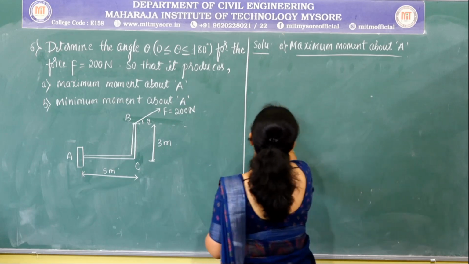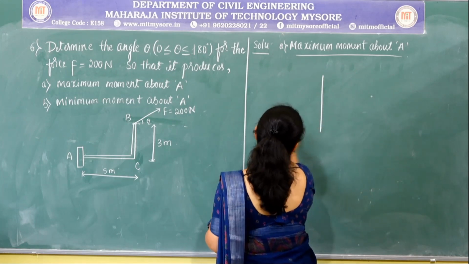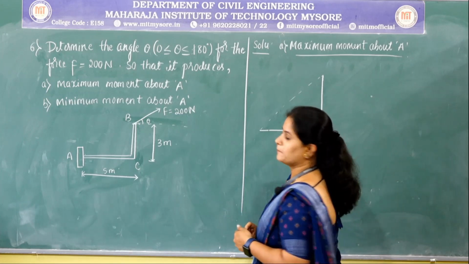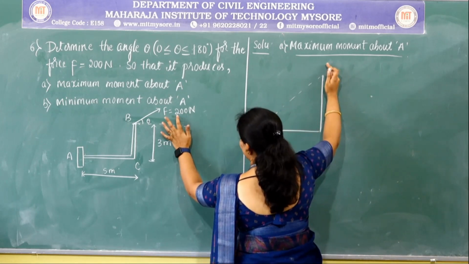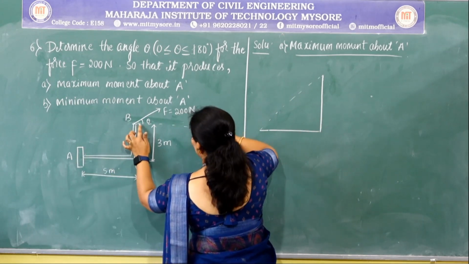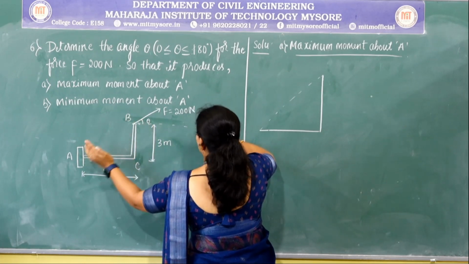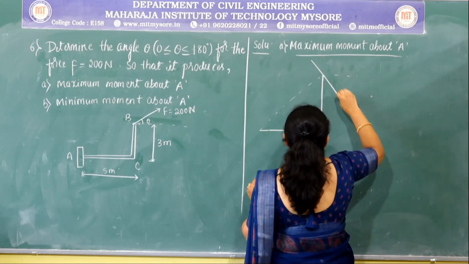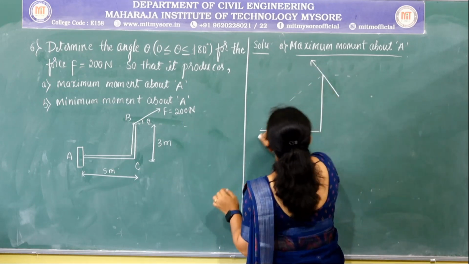So, for that we shall consider the given figure and join the points A to B. This force should be placed in such a way that it produces a maximum moment about A. This force will produce a maximum moment about A when it is placed perpendicular to this line. So, I am going to place this given force at a perpendicular position about